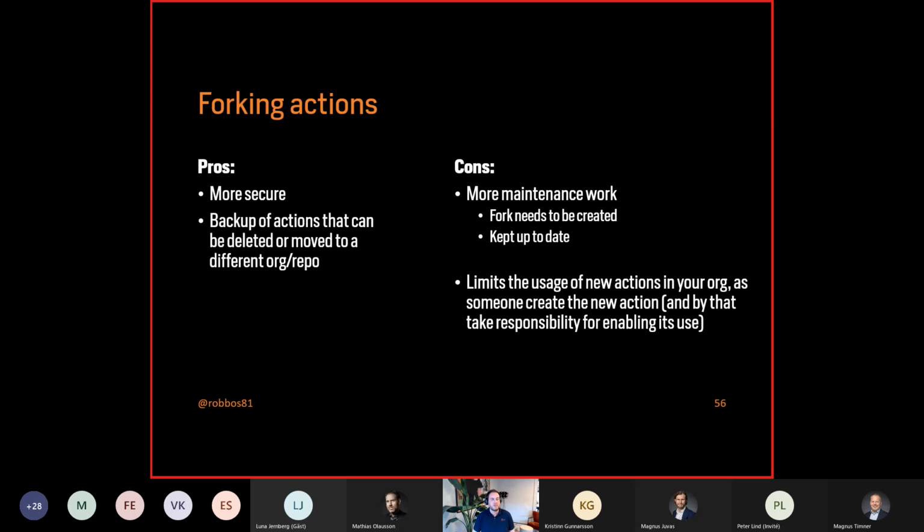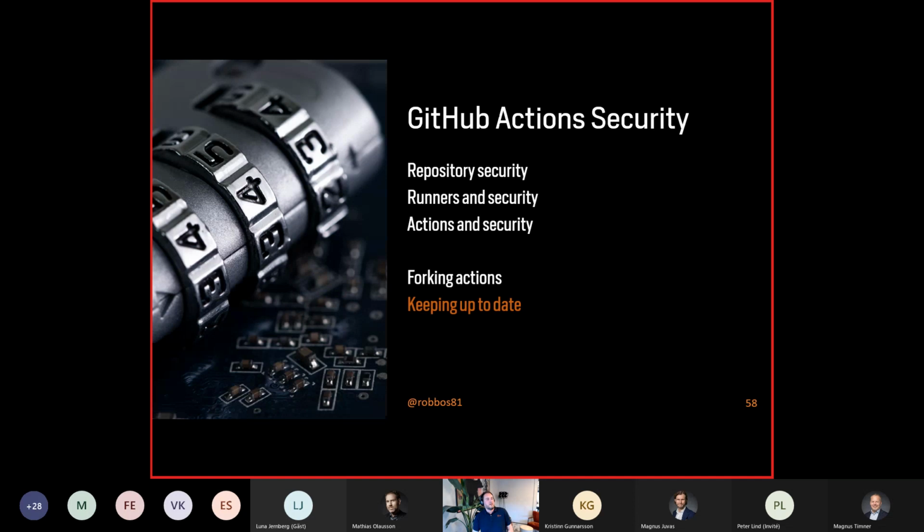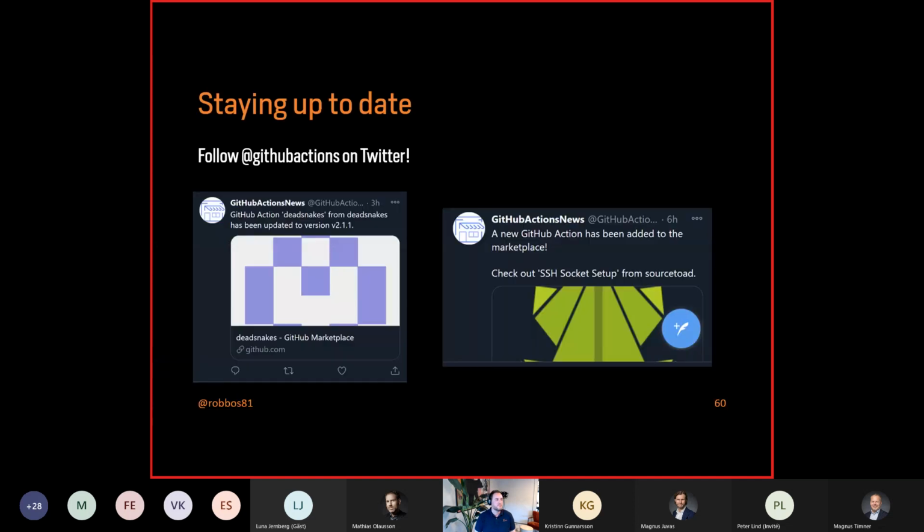And you may need to have a way of keeping your forks up to date. So it might put a little boundary in front of using actions in your organizations. So you need to describe that process and really tie things down. But that would improve your security stance, so it's a win. Because keeping all those forks up to date is relatively hard. Because what do you want to do with them?